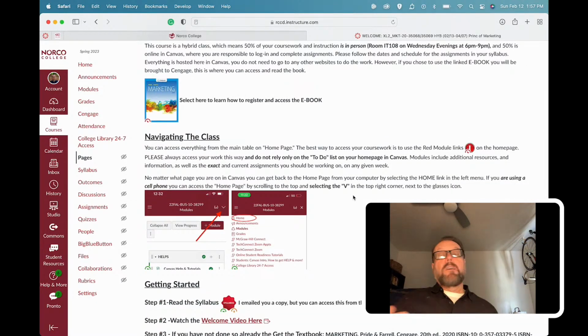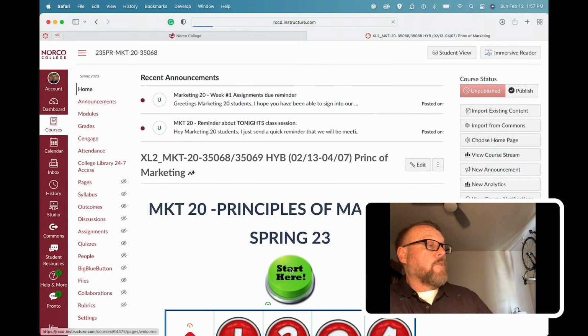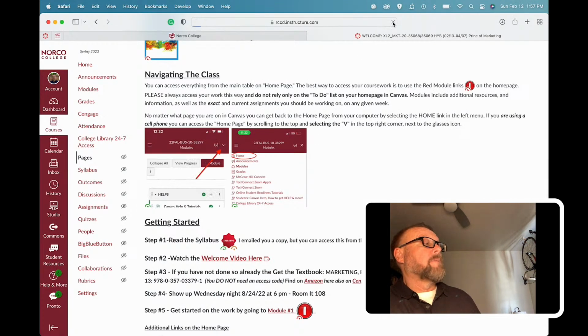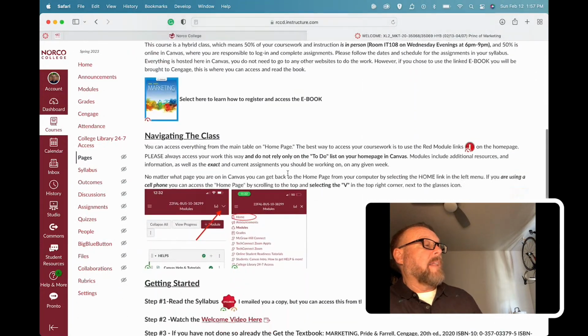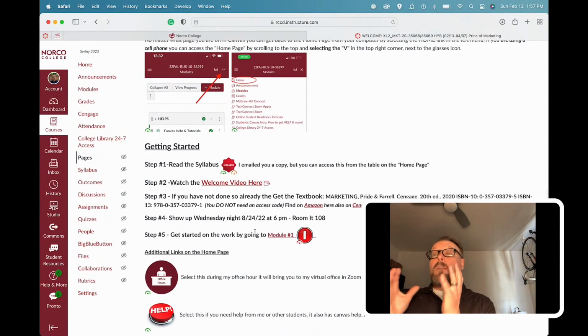As far as navigating through the class, like maybe your page is into Canvas and you're working on an assignment and you're like, how do I get back to the homepage? Well, at any time, you just select the home button up here and it'll bring you back to that home page. Or if you're using a phone or tablet, there's a little V at the top right corner. It's not showing up on here for some reason, but there it is. That little V will open this little menu right here on your phone or tablet, and that'll give you the same exact menu as you're seeing on the left part of your screen in a smaller form, and then just select home and that'll bring you back to the home screen. And you will see the home screen on your phone or tablet.